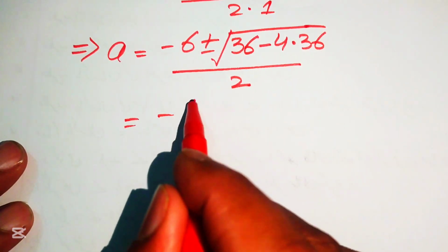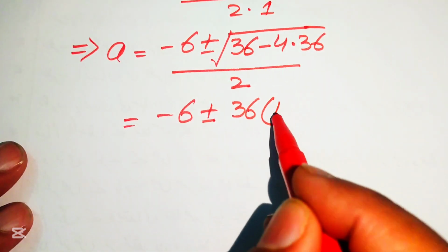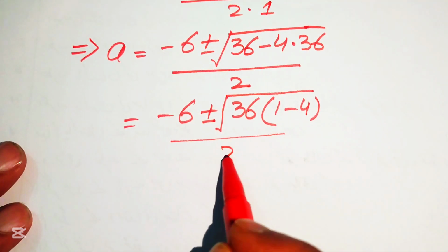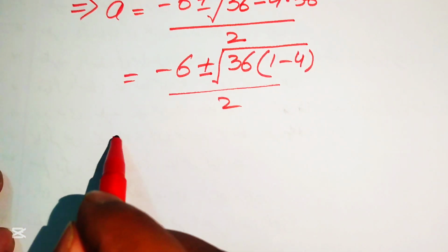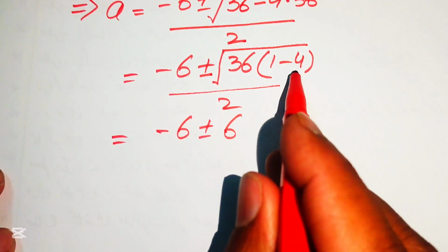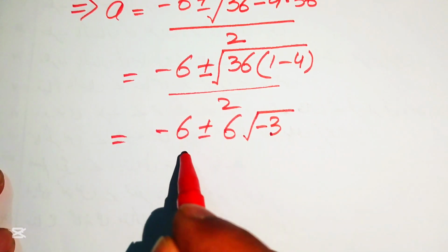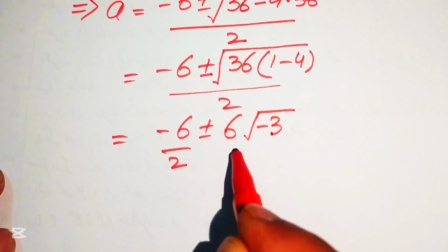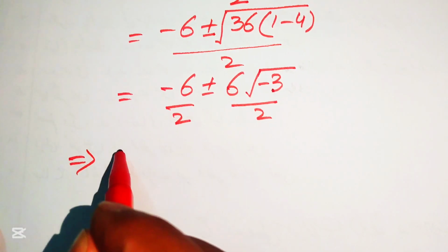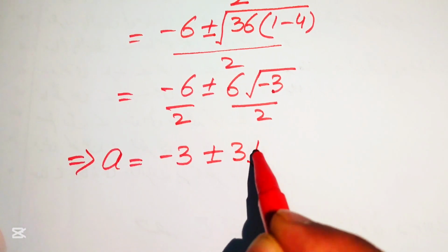So we again rewrite this term as minus 6 plus minus, here we take common 36 and we get 1 minus 4 and its square root, and it is divided by 2. So here you see that the square root of 36 equals 6, and 1 minus 4 equals minus 3 square root, and we break this fraction and we write this 2 separately on both of these terms. So it will be written as a equals minus 3 plus minus 3 times square